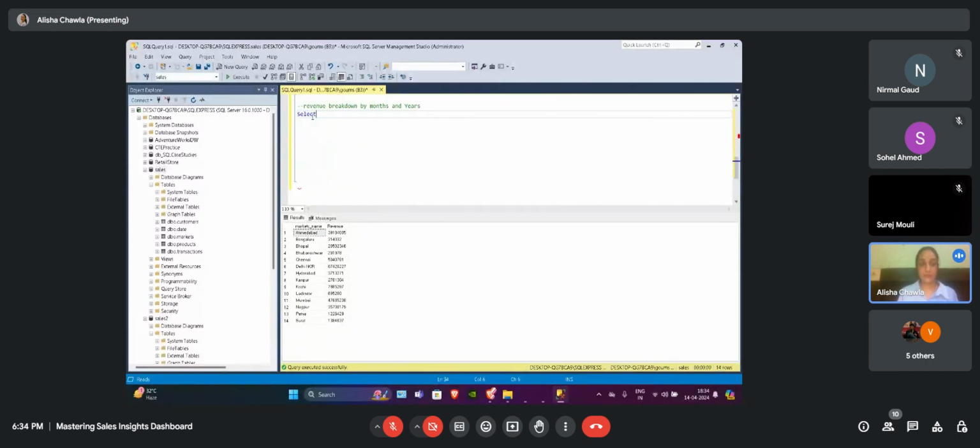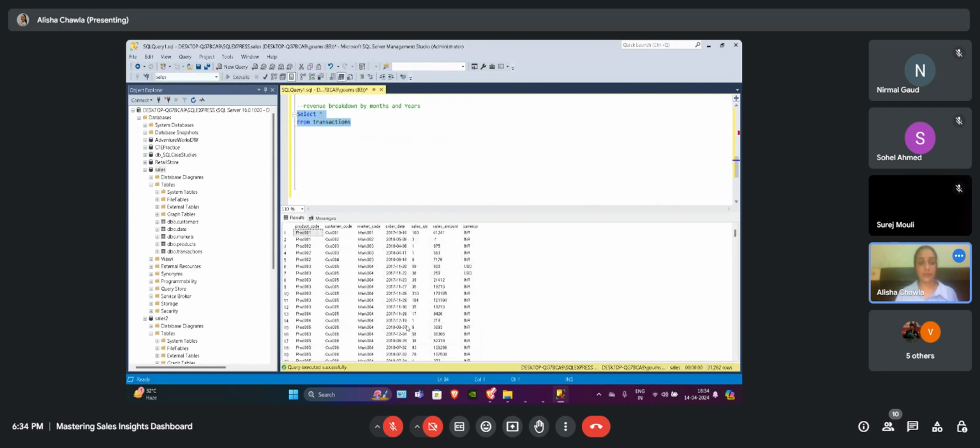So let's see. Let's start with select star from transactions. We have our order date here. From this order date, we can extract our year, and we can extract our month also.